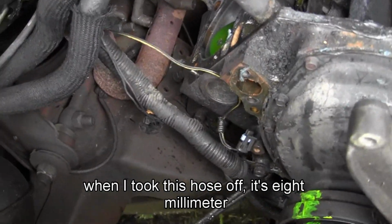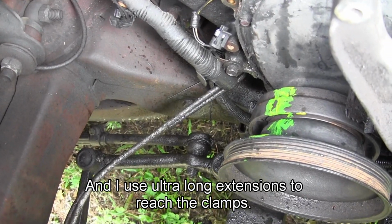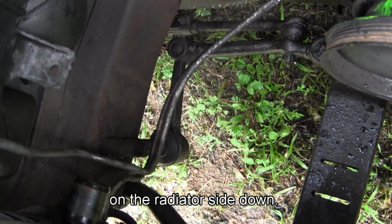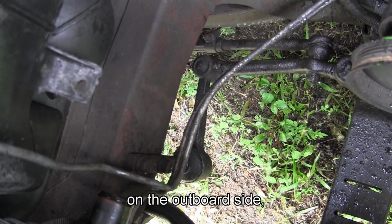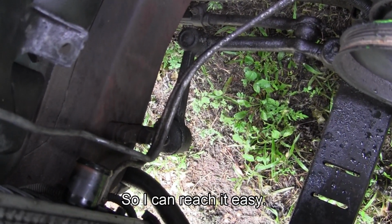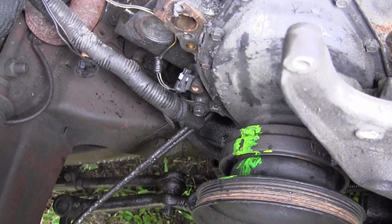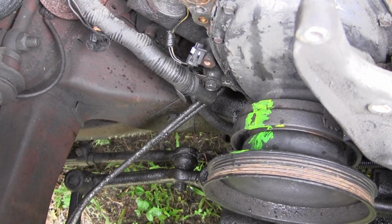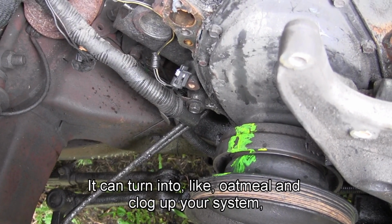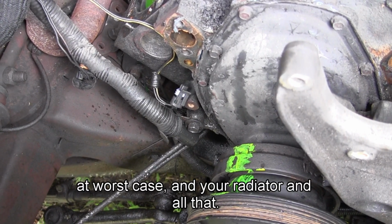When I took this hose off, it's an 8mm socket, and I use ultra long extensions to reach the clamps. I try to point the clamps on the radiator side down, and on the outboard side, towards the side of the van instead of the inboard side, so I can reach it easy when I do the annual coolant service. If you don't do coolant service every year, or every 3 years, whatever the recommendation is, it can turn into oatmeal and clog up your system